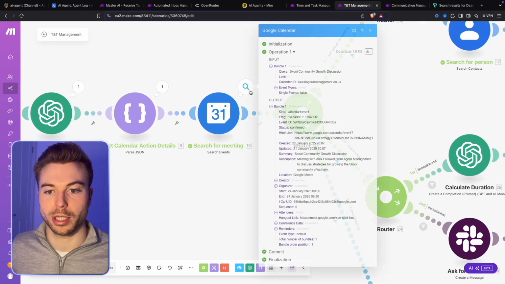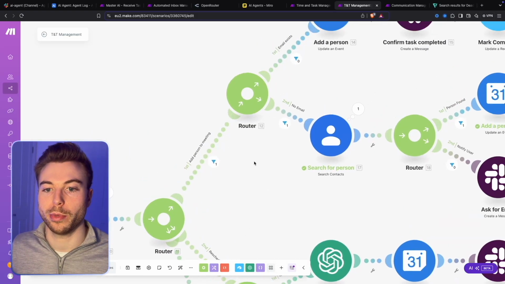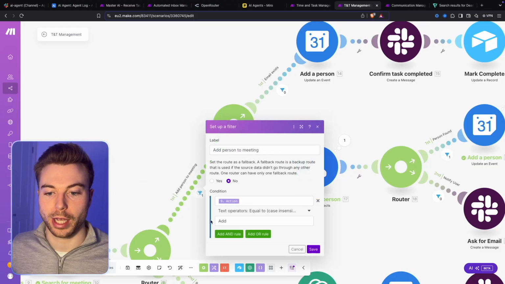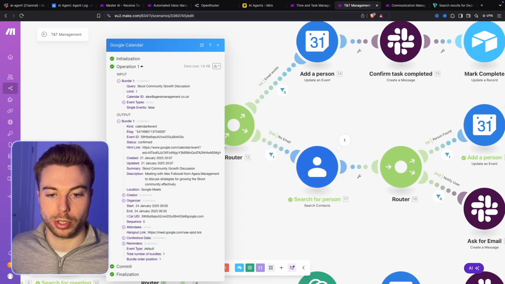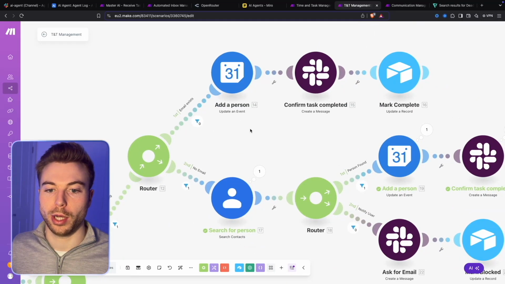So it's an easier format to use. We've now searched for that specific meeting. We've been able to find it. So it's now happening on Friday, exactly at the time that we mentioned. We've come down the funnel of add because we found that the action or the output from our module was add, as you can see in here. We've come up to here,